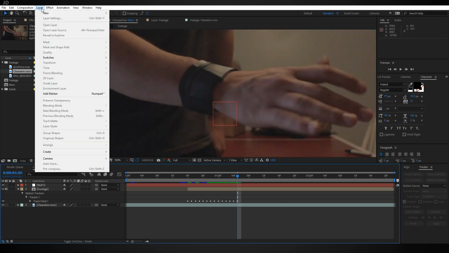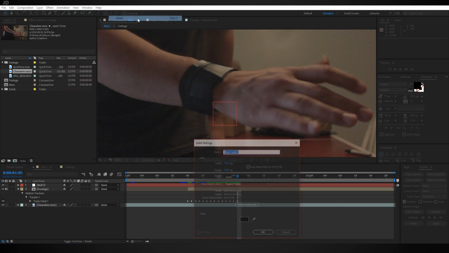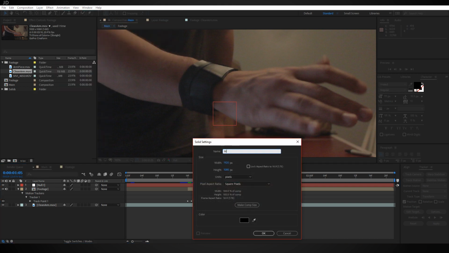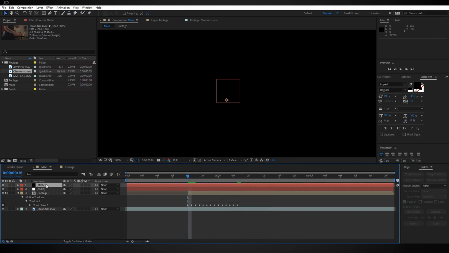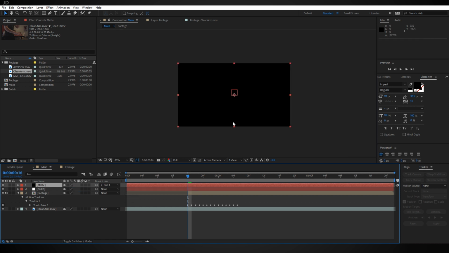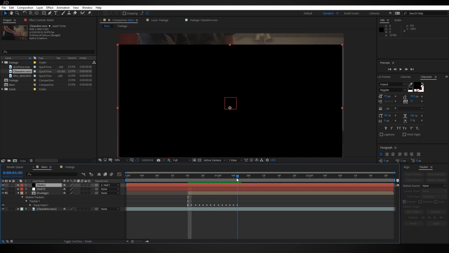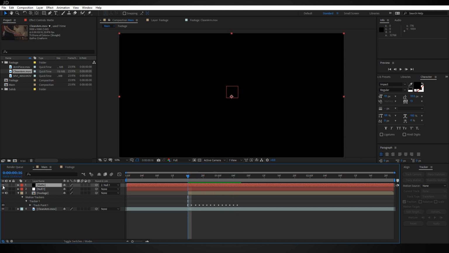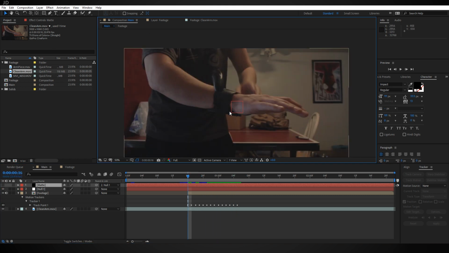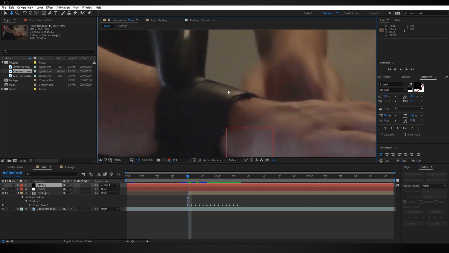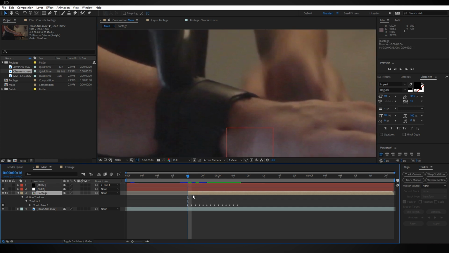So now I'm going to go ahead and create a new solid. I'm going to name this Matte and hit OK. And we can parent this solid to the null object, so that way it's going to move along with my arm's movement. I'm going to shut off the visibility for the matte layer now, and we can zoom in here to the web shooter, and on the frame where the footage layer is visible, where we trimmed it to earlier,